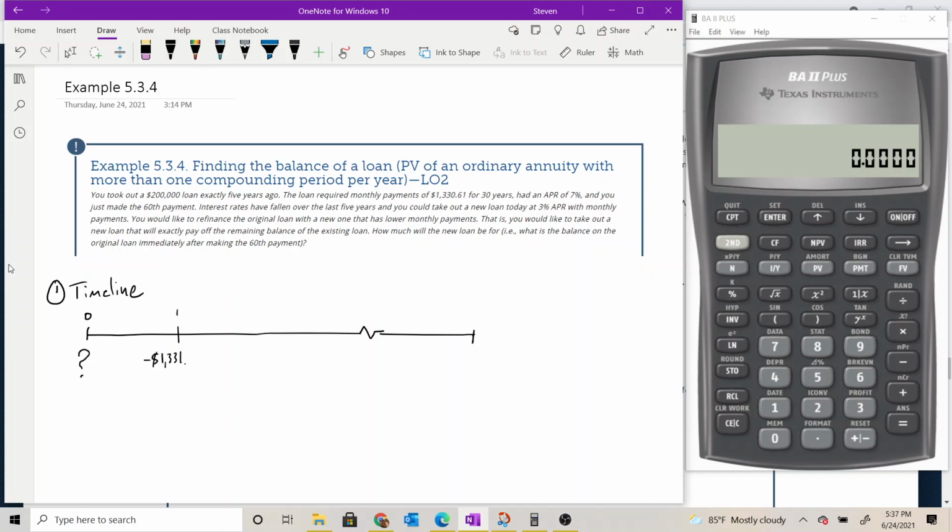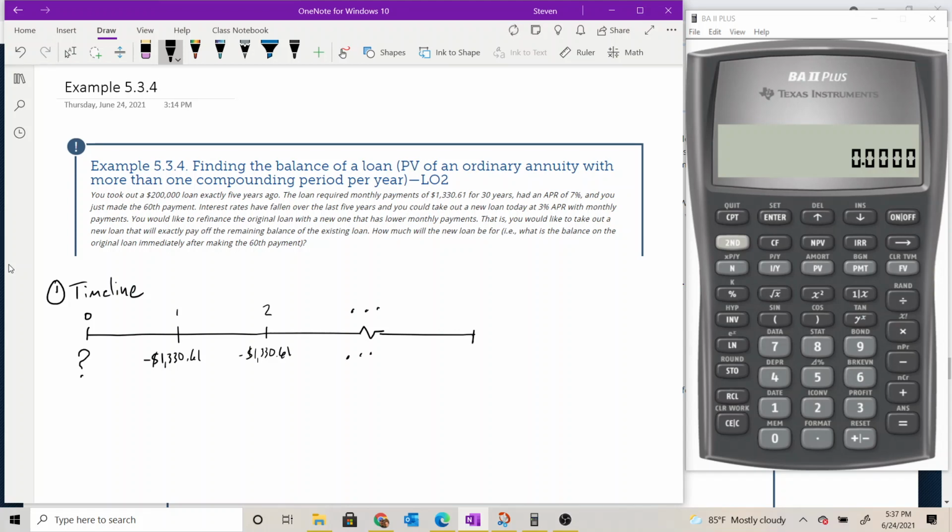And then a month after that, we'd make another payment. And then that pattern would continue